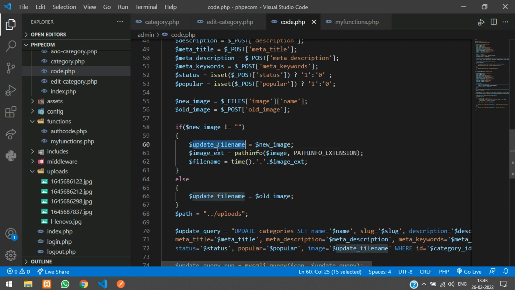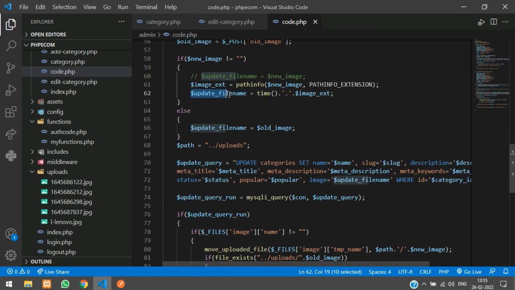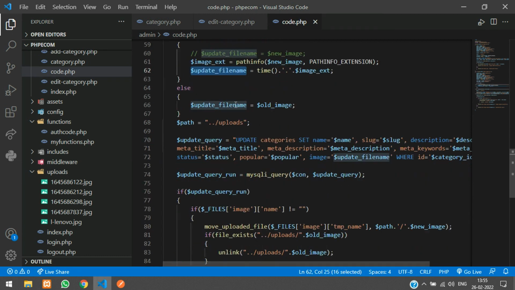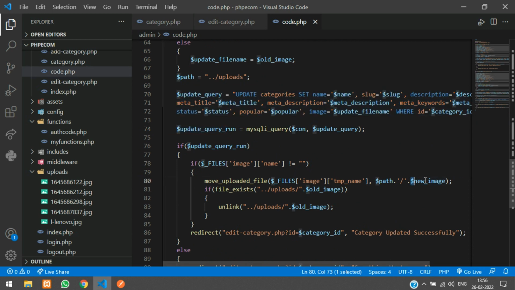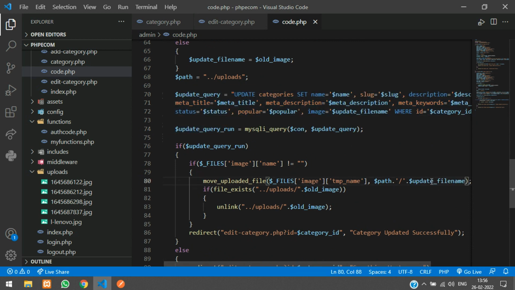So this variable I will just paste it over here. So this thing is not required now, only this new image we will just pass it over here. Comment this out. So here we have renamed our new file, and once it is done we have updated this, and then we are just moving the uploaded file in our folder. So here we have to give the new name, so that is update file name, and now it should work perfect. So we'll just go and